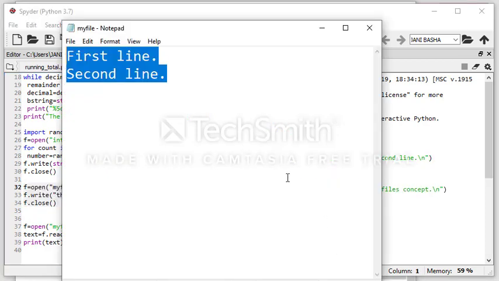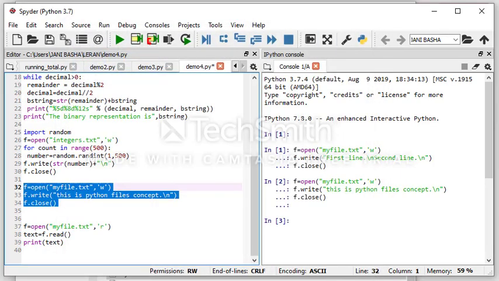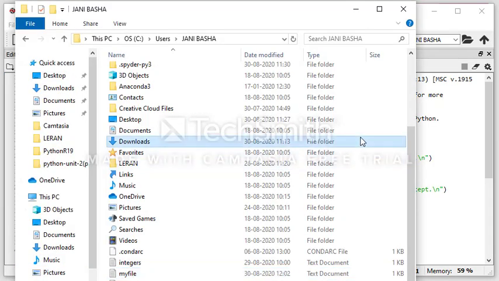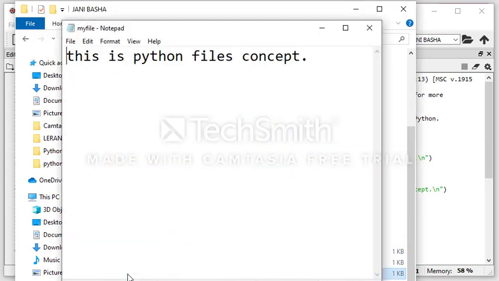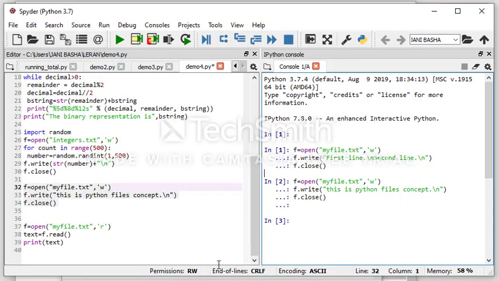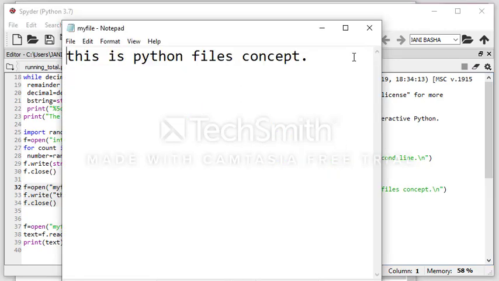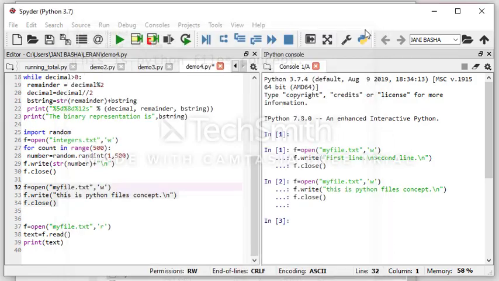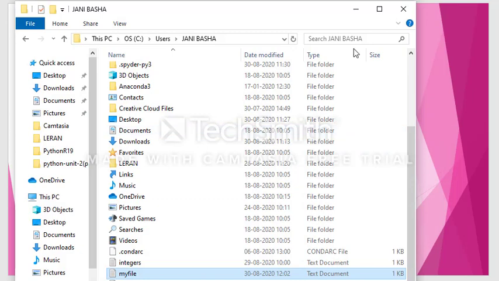Now I'll close this file and check again. Open myfile.txt. See here, this is Python files concept. Whatever I want to write, I write in the write function, and exactly the same thing is reflected in myfile.txt. Have you understood this? This is how we execute the files concept. Next.